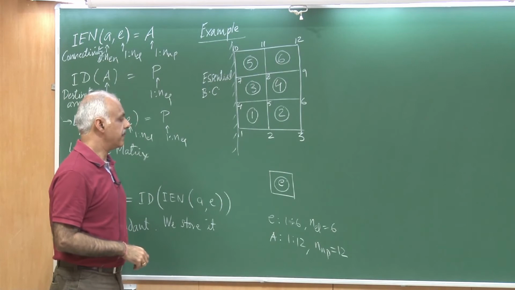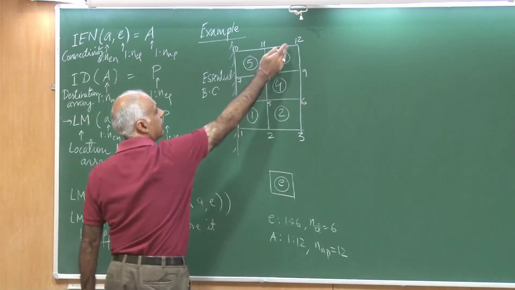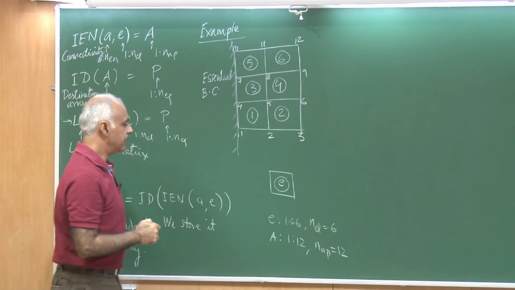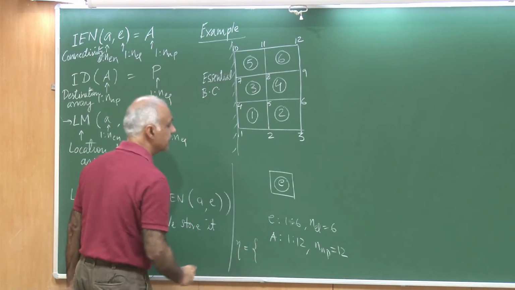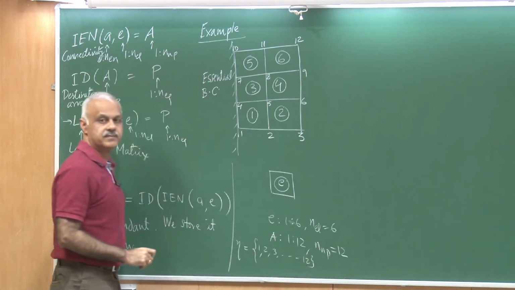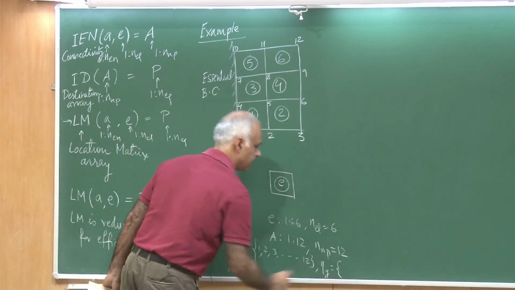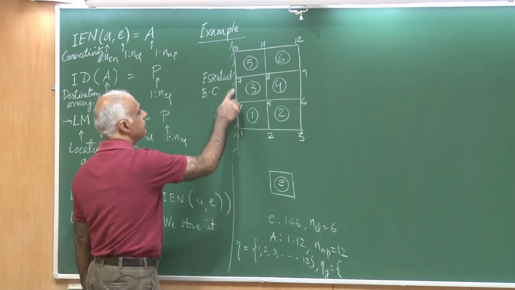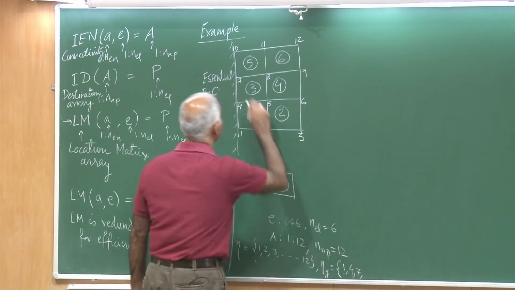So, here the temperature will be specified, and at other nodes I am going to have equation numbers. Okay. So, if I had to ask myself how many equations I have, you can see there are a total of 12 nodes, and these 4 nodes, they lie on the G type boundary. So, let me construct therefore the set of nodes. So, eta is the set of nodes, and that would be 1, 2, 3 all the way to 12. If I had to construct eta G, which is the set of G type boundary nodes, then there are these 4 of them, and that is 1, 4, 7 and 10.